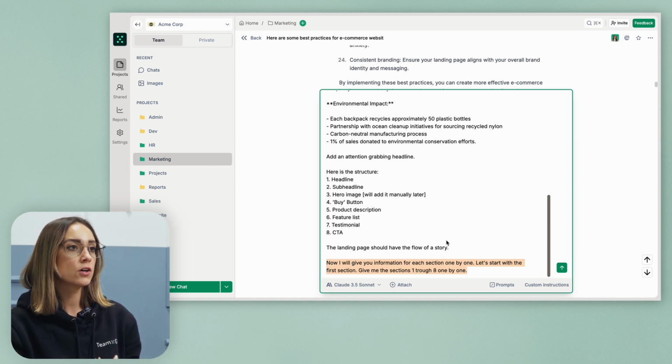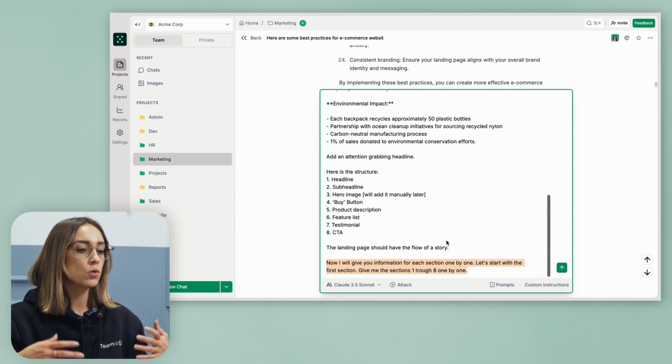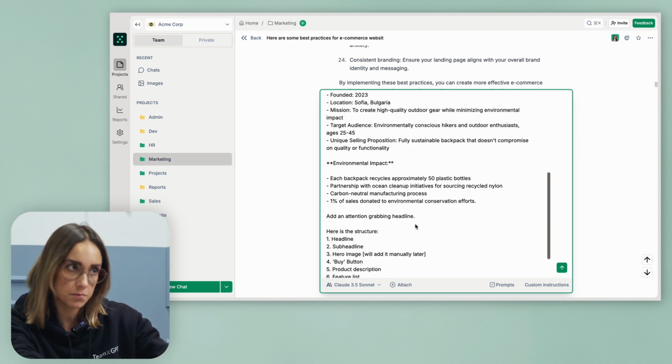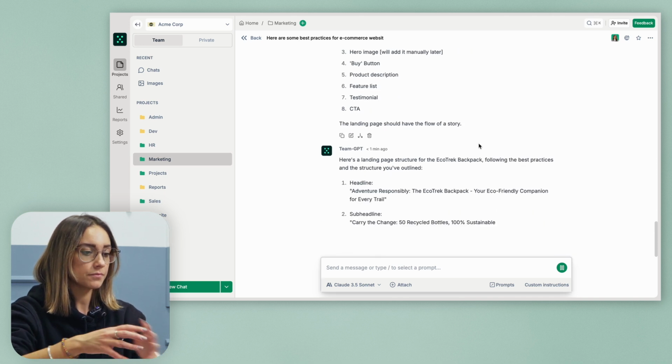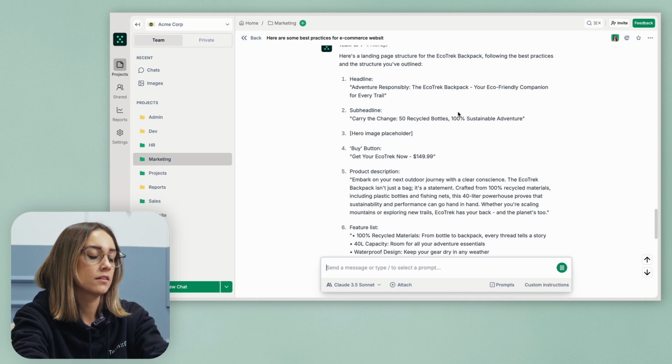This is a really cool prompting technique that you can use if you want to build your landing page section by section for better visibility, so that you're more clear with the information you're feeding the AI with. But for the purpose of this demo, because I already gave the AI a lot of information about my product, I'm gonna delete it. I'm sending my prompt, and here you can see that Claude is building the outline and